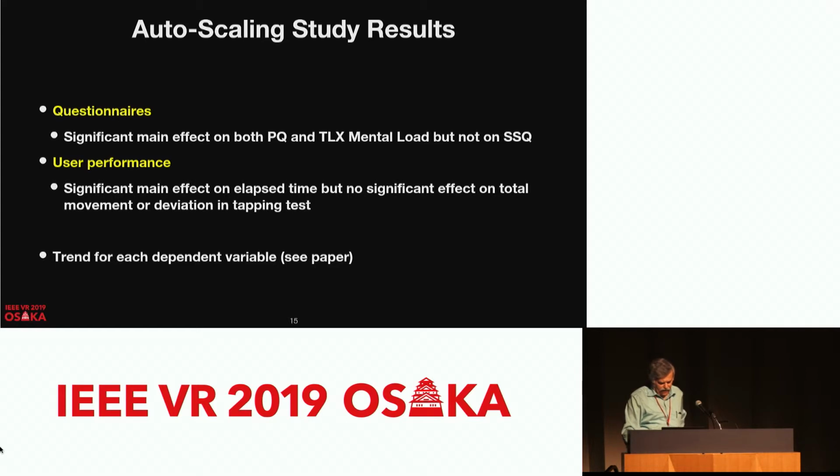And apparently there was a significant effect on both PQ and TLX, but not on the SSQ. And the user's preference was significant on elapsed time, but was not significant on the total movement or deviation in this tapping test that we did. And you can see in the paper, I don't want to show all the graphs and the results, but I think it was a positive